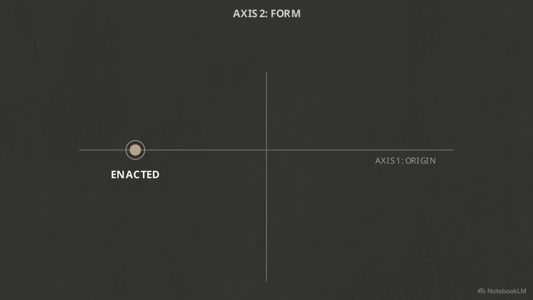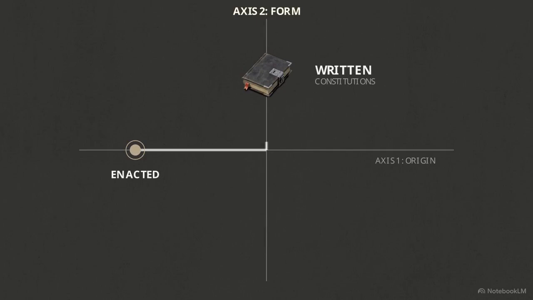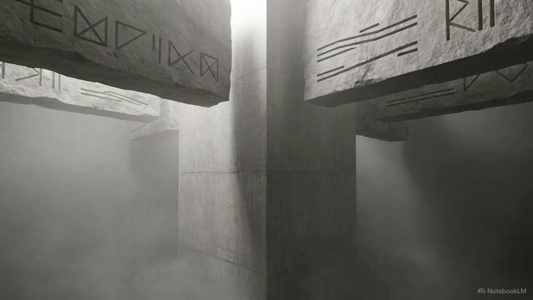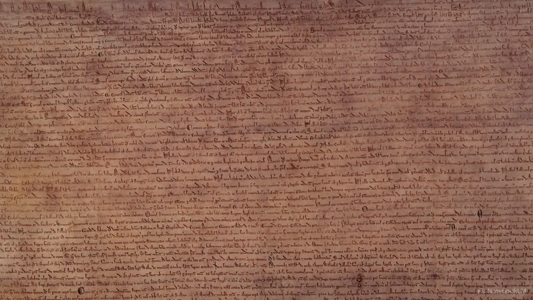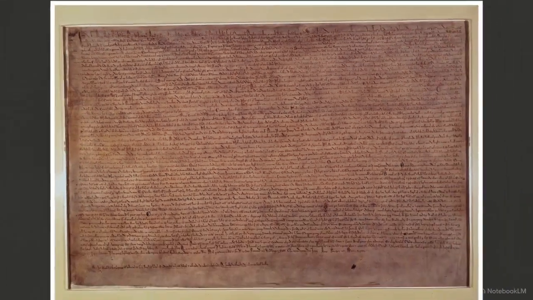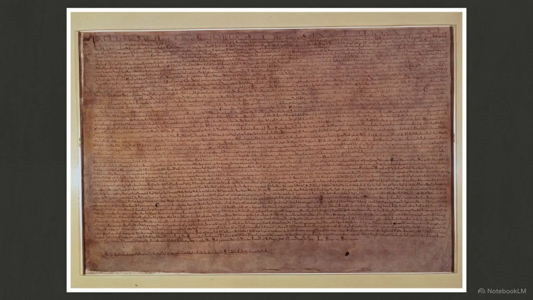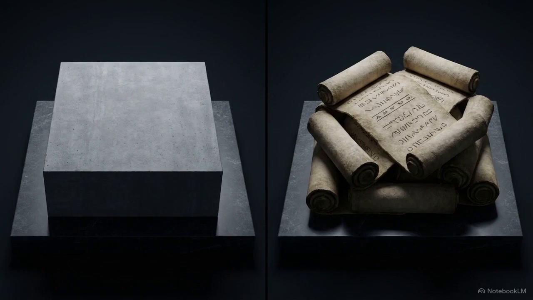This leads to Axis 2, form. Enacted constitutions are almost always written constitutions, requiring formal drafting and specific amendment procedures. Conversely, evolved constitutions are typically unwritten constitutions, built on uncodified social customs and precedents. This dense, archaic script illustrates the evolved, unwritten track, the Constitution of England, which draws on historical precedent rather than a single assembled document. A constitution's origin dictates its physical form. It is either an assembled blueprint or a continuous, layered history.